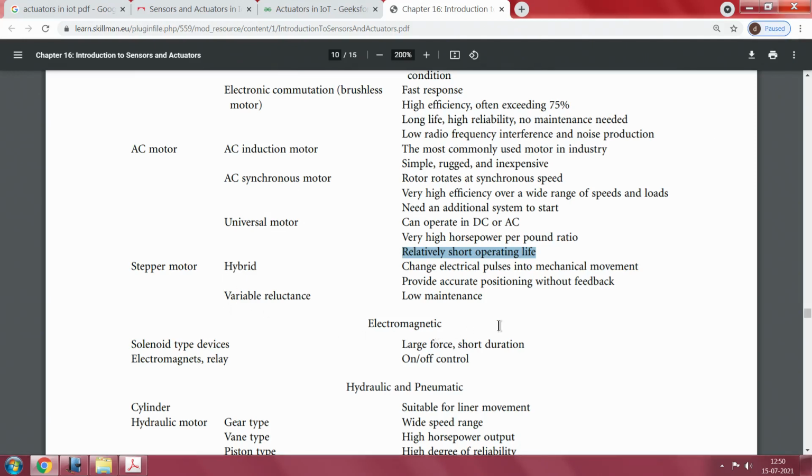The good thing about step motors is you can drive them in open loop. You just give a pulse, and it will move by whatever angle it is designed for. Typically it is 1.8 degrees, and you can also do half stepping, which means it will move by 0.9 degrees. So all these possibilities are there. It gives you very good positioning without feedback, which is why I said you can do open loop operation of this.